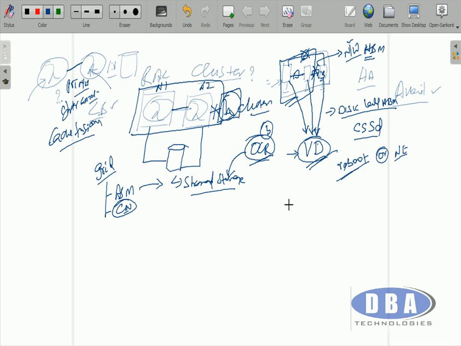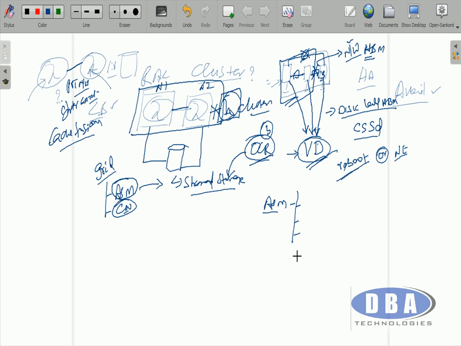Now the very purpose of this session is why voting disks should be in odd number. Voting disk, as we discussed just now, is going to be available on shared disk, on a cluster file system. As we have seen already, ASM is the cluster file system. Now we are going to keep it on ASM. As we know, ASM supports 3 levels of redundancy, right?